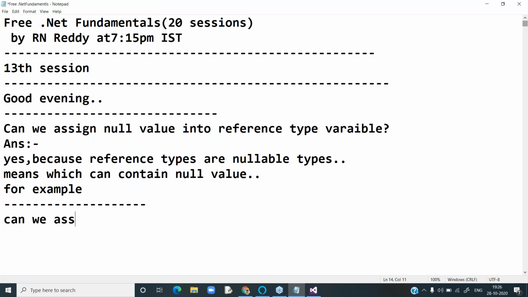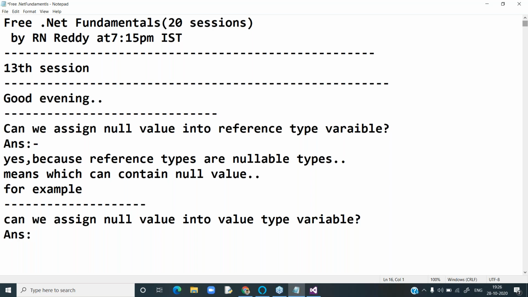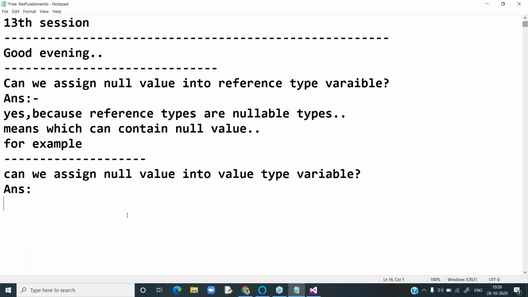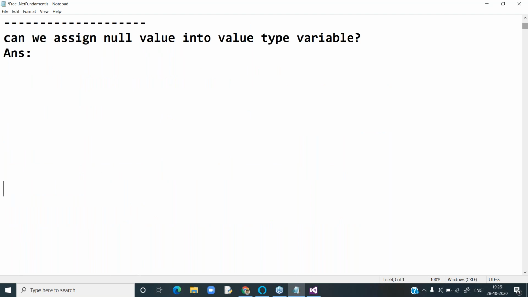int a = null. Here you can observe a is integer, right? And int is nothing but what type? Value type. But it's throwing error. You can observe it is throwing error. First of all, you have to remember this. The answer is no, because